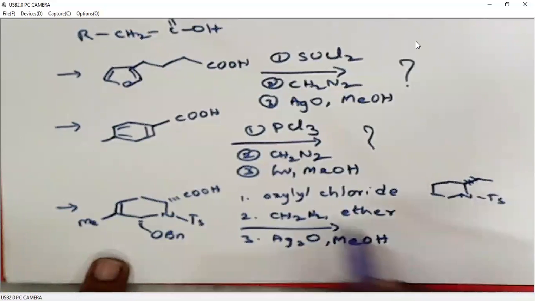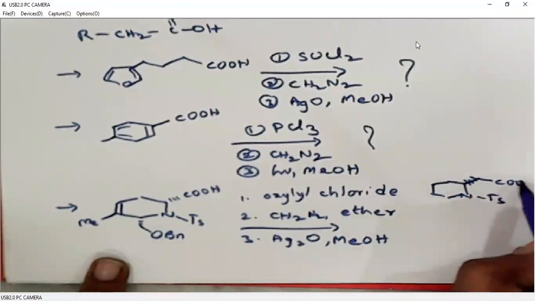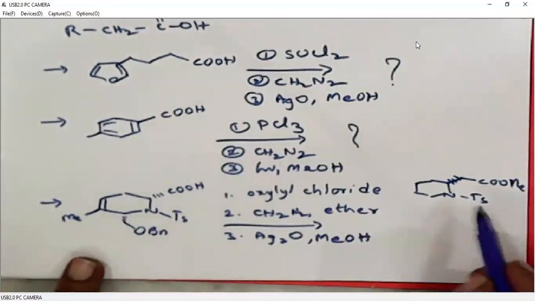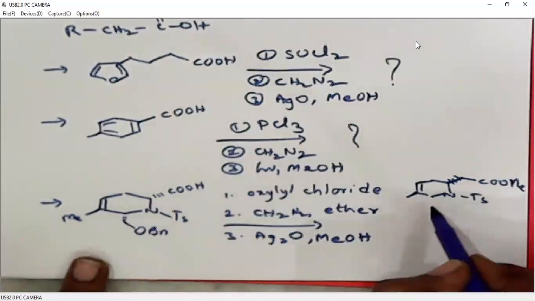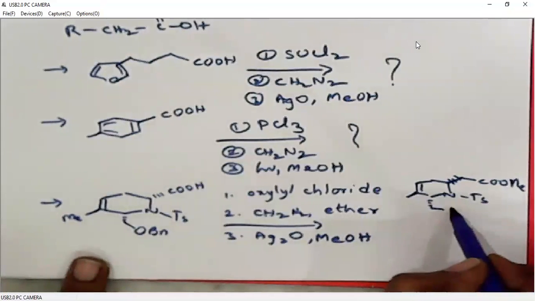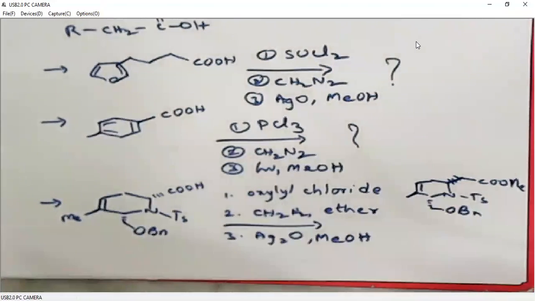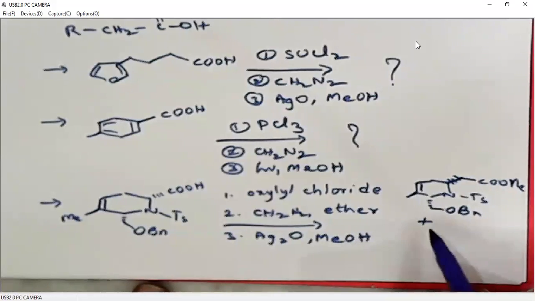Sorry, it should be below the plane. One carbon homologation of the carboxylic acid, because we are using methanol, it should be an ester. Of course, all other substituents will be as they are. But you see, when we are using oxalyl chloride or thionyl chloride, what are we getting? We are getting HCl as the byproduct. That means we are generating acidic conditions.